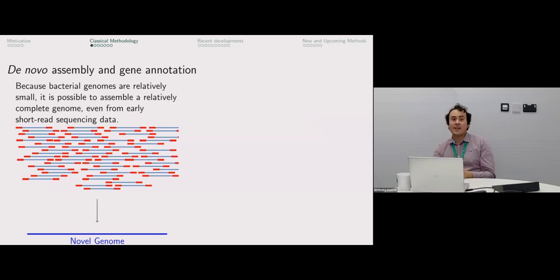The first of these was the fact that it became obvious around 2010 that because bacterial genomes are so much smaller than eukaryotic genomes, remember, 100 to 1,000 times smaller, at bearable cost, even back then, sequencing is obviously a lot cheaper now, but even then, one could sequence a bacterial genome with enough read depth to get a pretty good assembly without any kind of reference of the thing that you just sequenced using